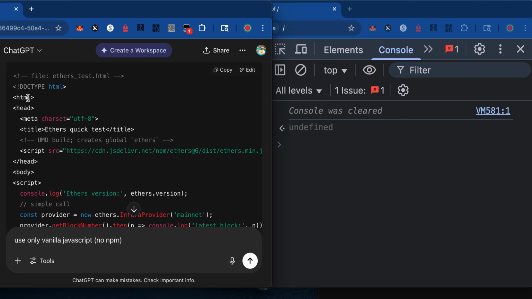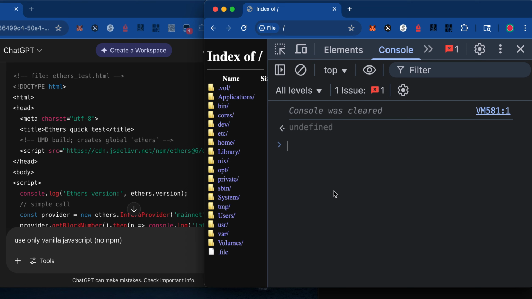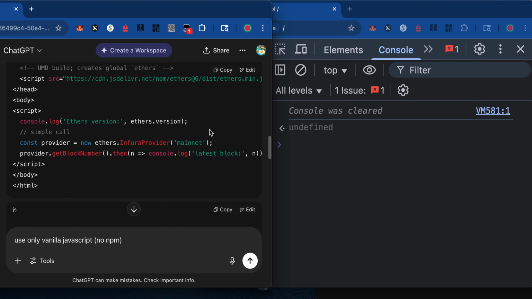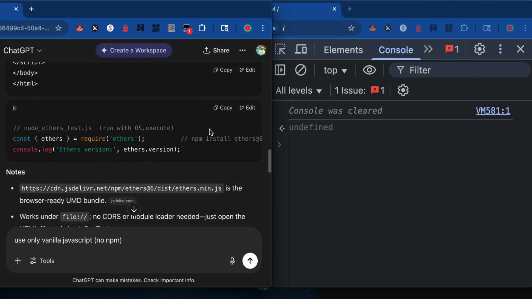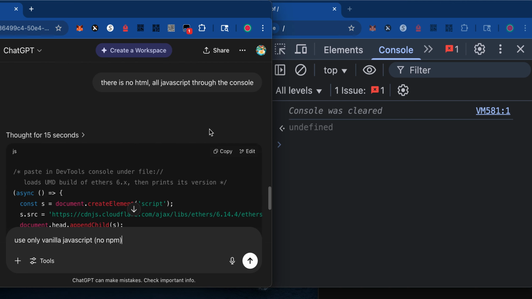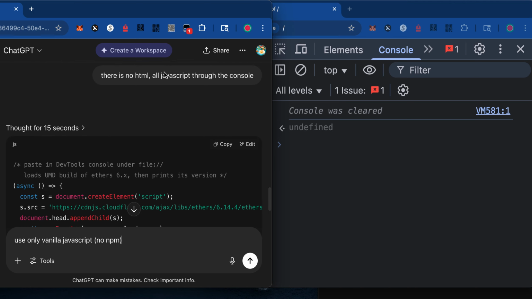this, which is HTML. But you can't paste HTML into the console here. HTML has to be in a file. So I'd have to create a file here in my file system and then copy and paste this into the file. And so instead of doing that, I want to do something cooler, let's say. So I'm saying there is no HTML, all JavaScript through the console, and it thought about it